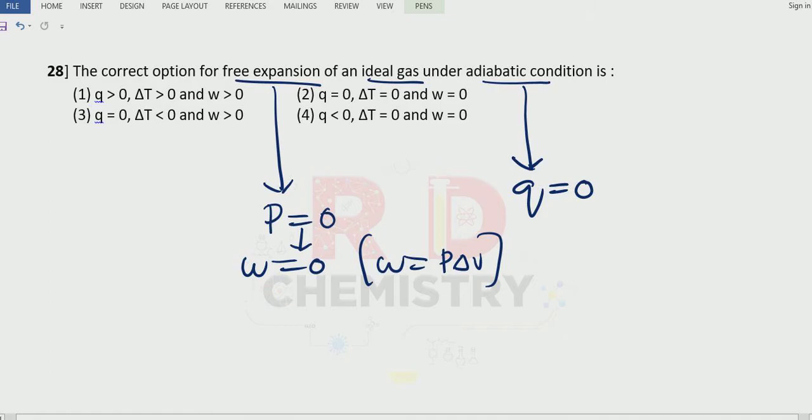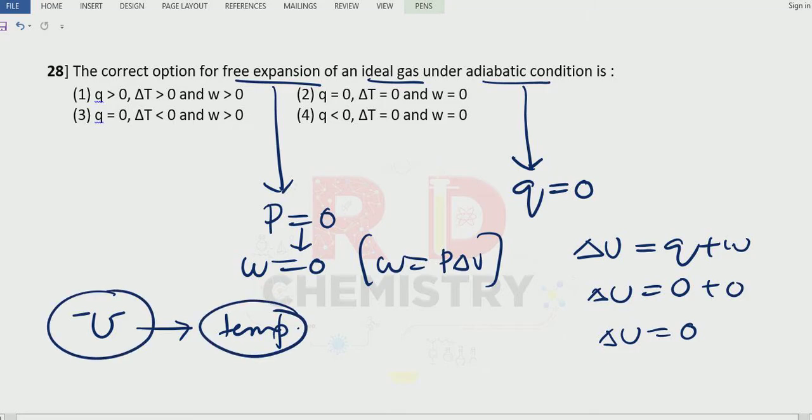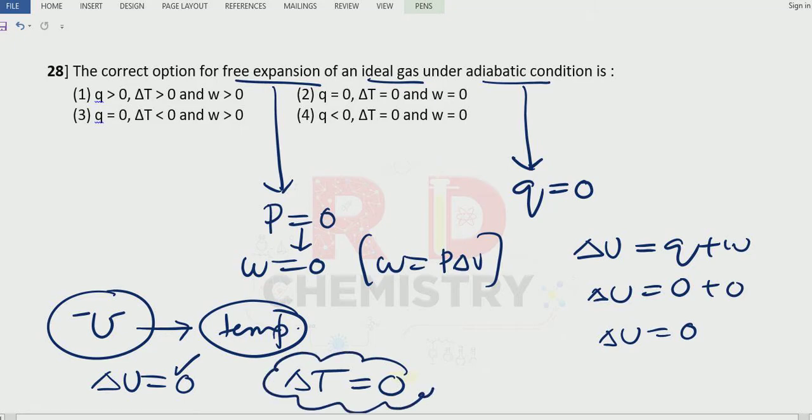Then one more condition is there with respect to temperature. Now use the first law of thermodynamics. Change in internal energy is equal to Q plus W. Therefore delta U is equal to Q, which is 0, plus W, which is also 0. Therefore delta U is also equal to 0. Now U stands for the internal energy. Internal energy depends only on temperature. When temperature is constant, internal energy is also constant. That means delta U equal to 0 is possible only when the difference in temperature is also equal to 0. Clear? So what is the option number? Option number 2. The second one is the answer, right?